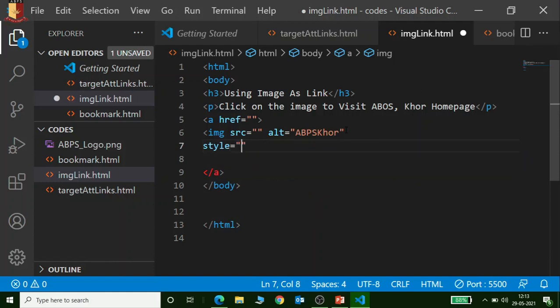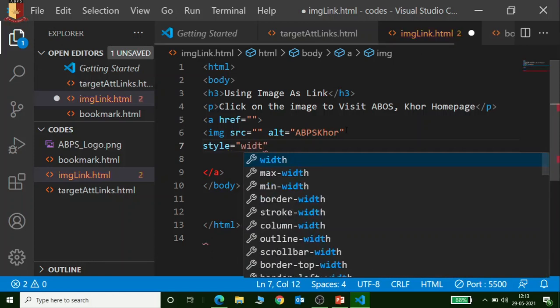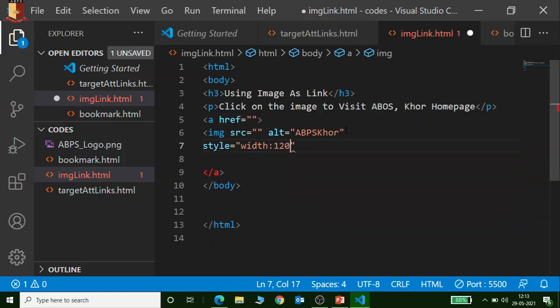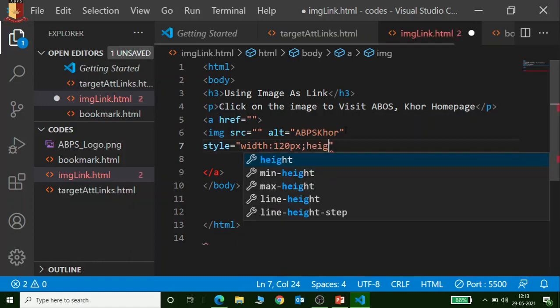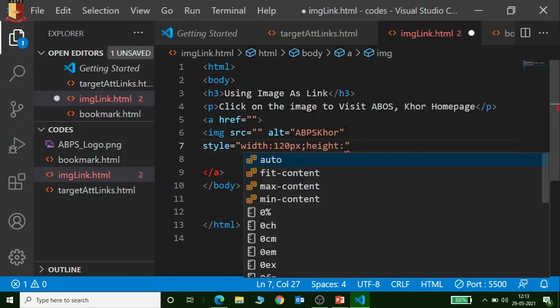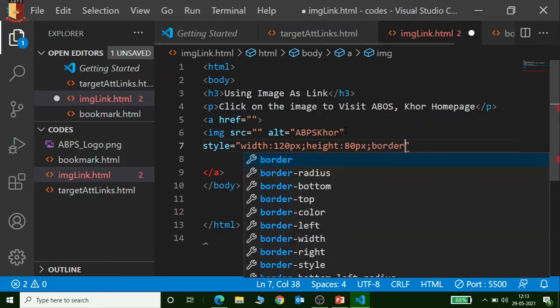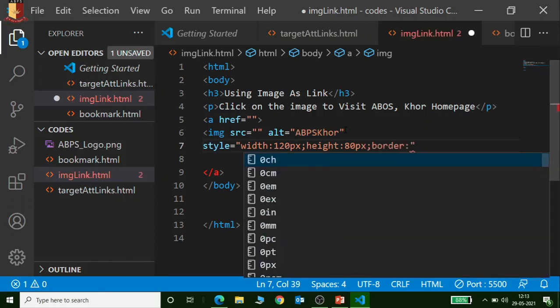Okay, so width, suppose I give 120, and px is pixel. Height, 80 pixel, and border, suppose this time the border is 0.